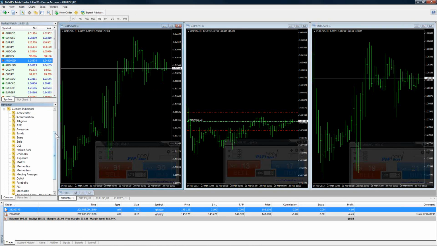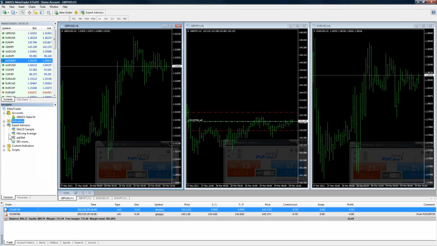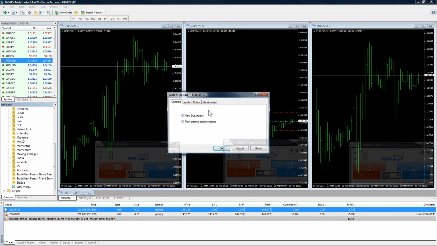Okay, under the navigator box really quickly as you go down here, I'm going to show you custom indicators. Of course there's indicators and there's custom indicators. I've already downloaded and installed Momentix. Of course you can see Momentix down here. Momentix is another one that we could talk a little bit about, and this is a really cool tool. There's all sorts of different strategies and systems out there.